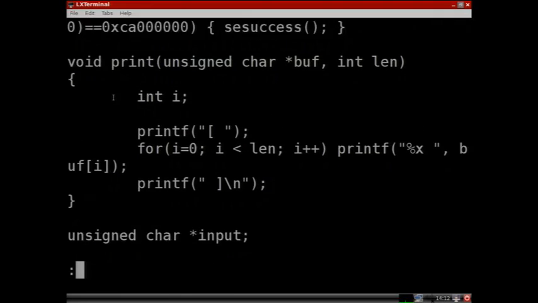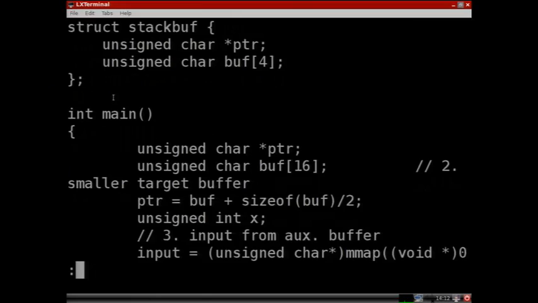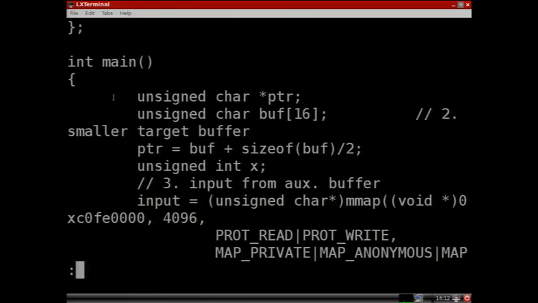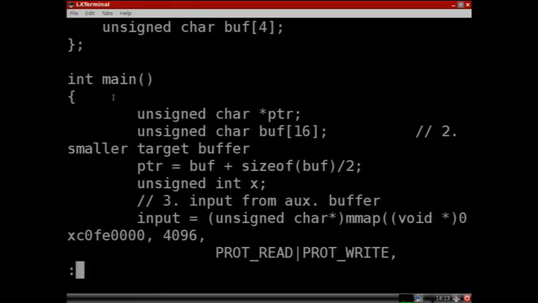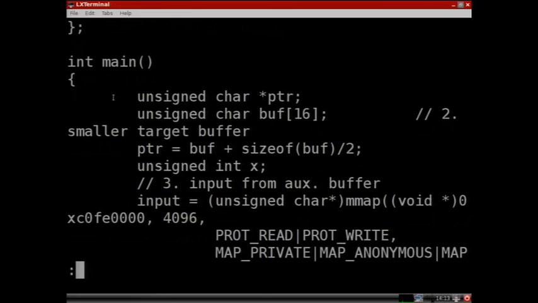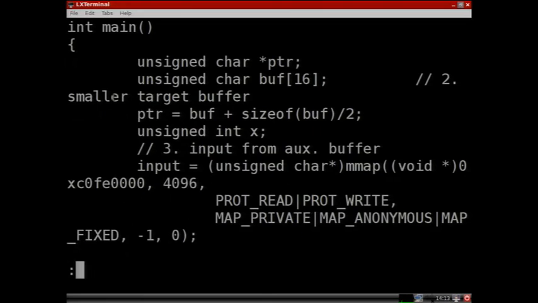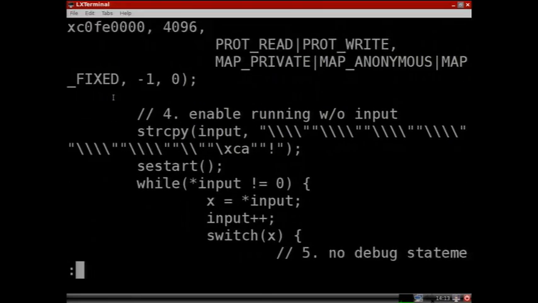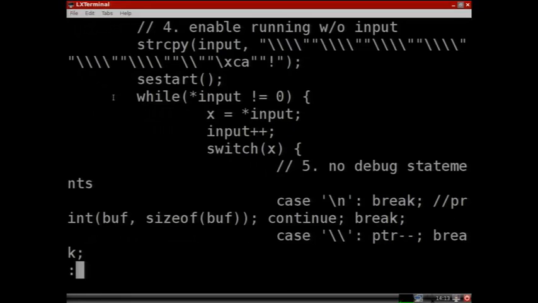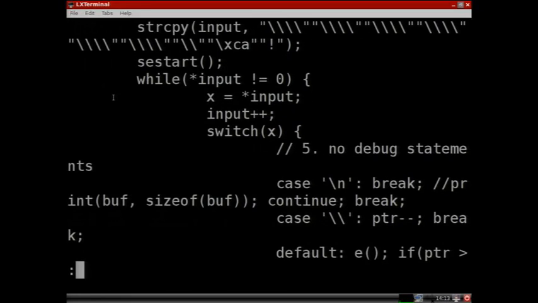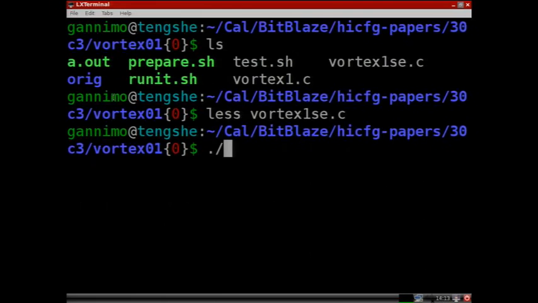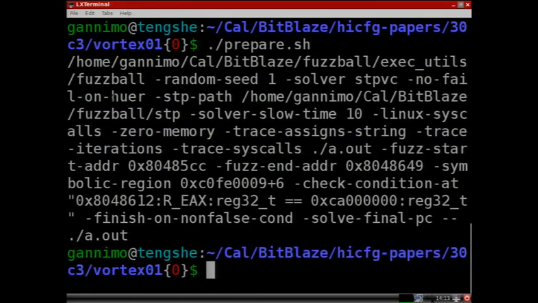And I help symbolic execution a bit by allocating the buffer at a specific offset instead of at a random address. And in the end, we'll just walk through the buffer and let symbolic execution handle it. I removed the debug output. So if the symbolic execution engine would trigger the debug, I don't want to clutter the screen all the time. So let's compile it, and let's see what kind of stuff it generated.